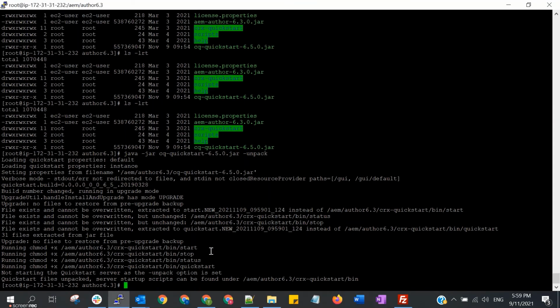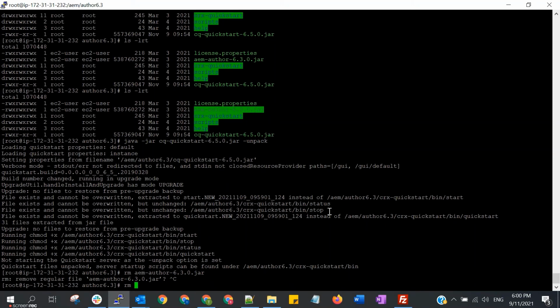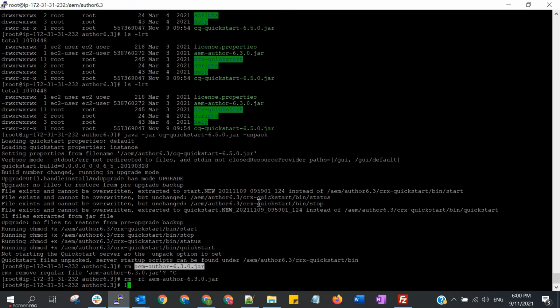I think we are missing one step here, because it shouldn't be this fast. What we need to do is also delete the old jar. Yeah, we need to remove this old jar.